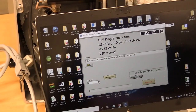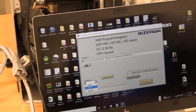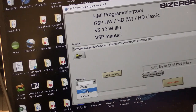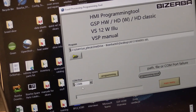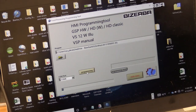Sorry, we need to choose COM port. In general, you will usually have two COM ports to choose from. I generally choose the higher. You could unplug and replug to see which one it is and refresh, but I believe mine's going to be COM port 6. Once I have my COM port and my file loaded, I hit programming, and it should take